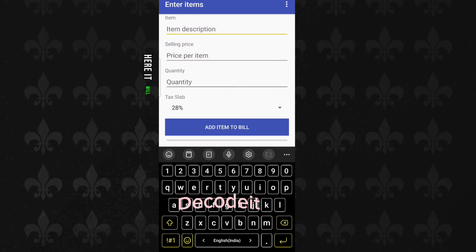Here it will ask me for item details, price per item, quantity and the tax, how much tax we have entered. So I am entering the item details.